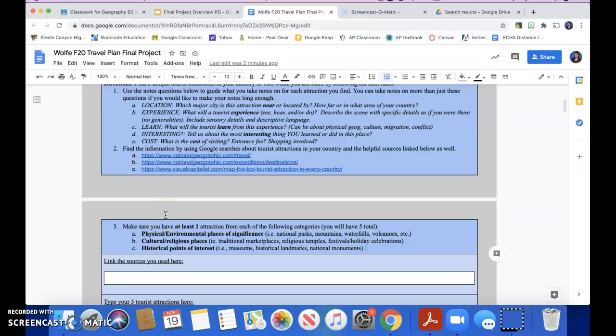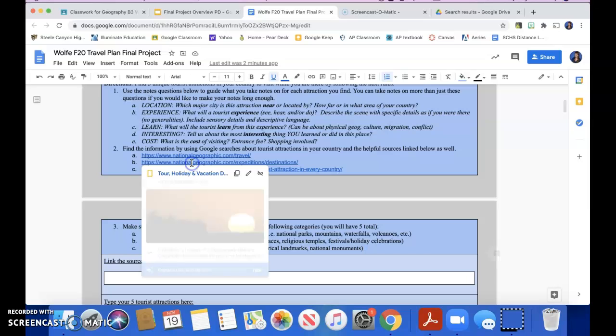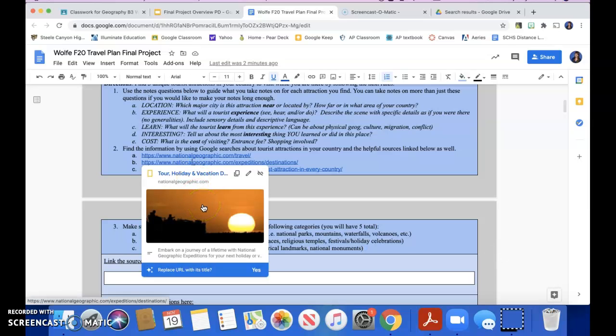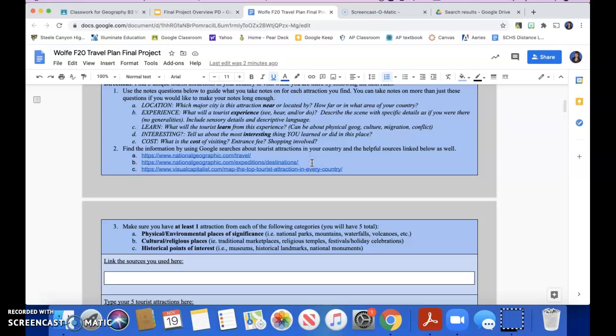So you might be wondering, how do I find these attractions, right? I have some useful links for you right here. Nat Geo has a ton, if you click on this link, of tours already made. And you can go through, and let's say that you did Ireland, you can go to their Ireland page and click through and see which attractions they pick to take people on. If you want to use a tour agency's website, you're totally welcome to do that to find places they go on. You don't have to reinvent the wheel. You can copy some of those things.